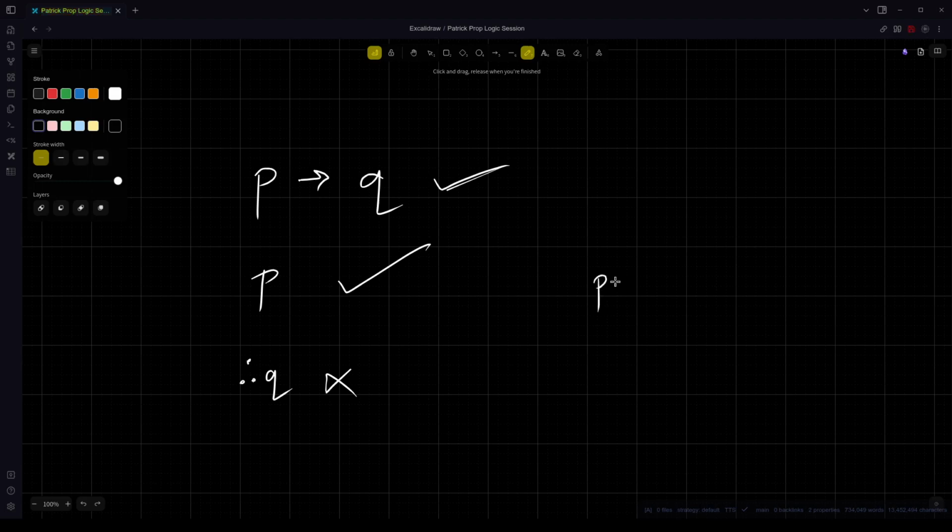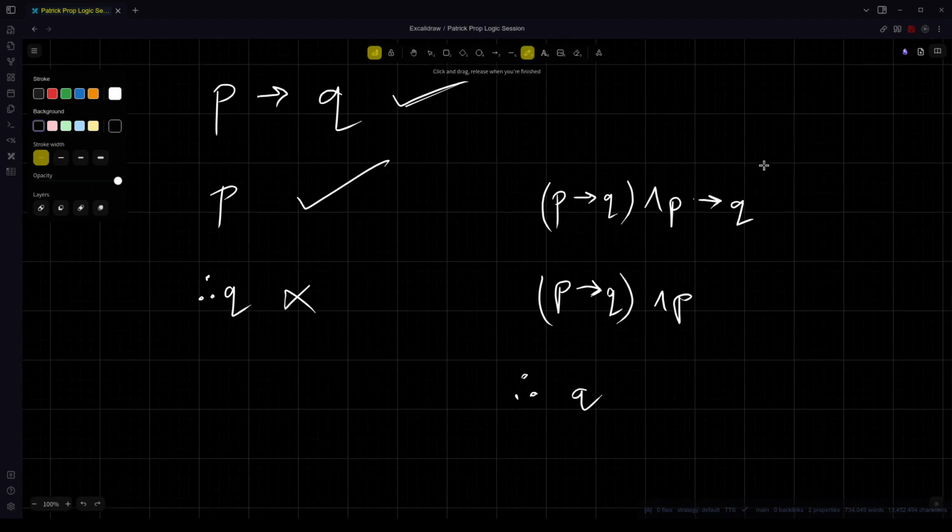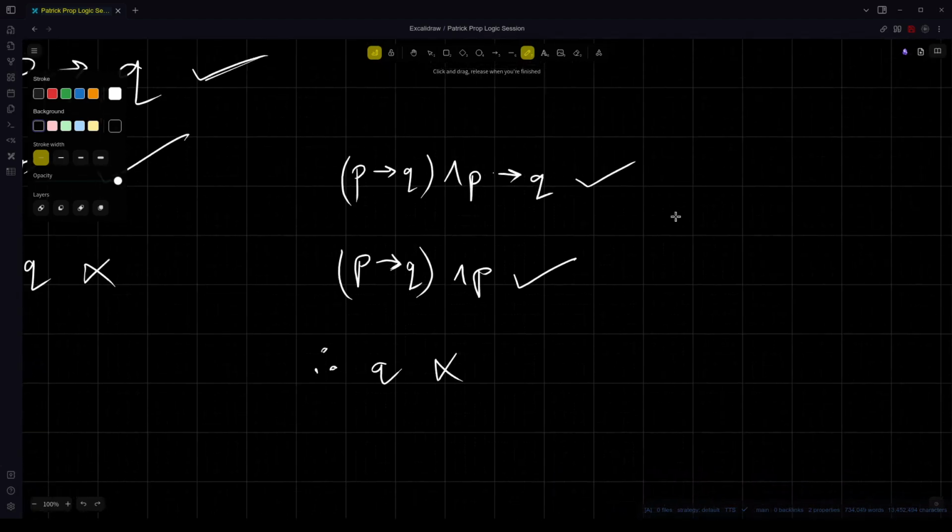I'll be like, P implies Q, and P entail Q, P implies Q and P, therefore Q. Okay, so the tortoise says, okay, I'll accept this, but I'll not accept this, the conclusion basically. So the guy is like, okay, then I'll give you an argument which is P implies Q